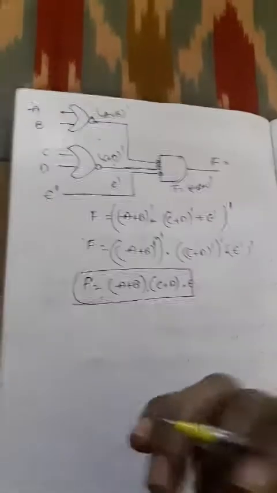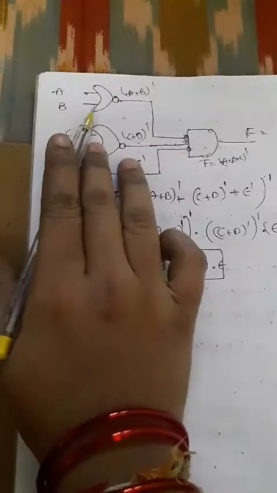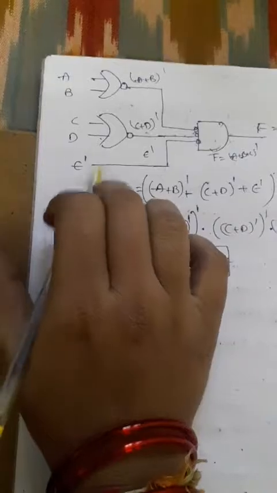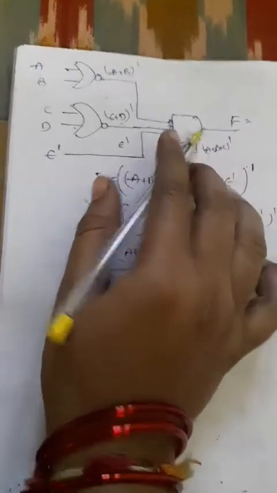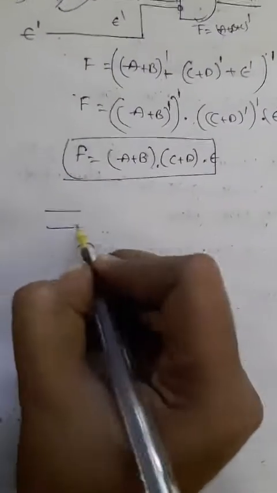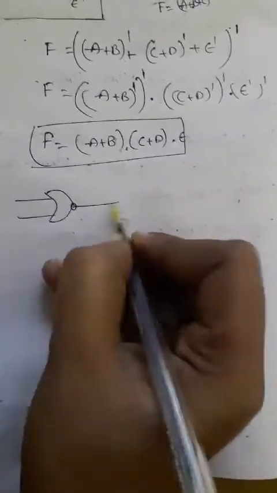Again I can convert it into purely NOR gates. What is the third rule? We have to convert to purely NOR gates. That means all gates will be converted to NOR. So this is also NOR and this is also NOR. Now we will convert this e and this F function. So I can convert it into complete NOR gates.